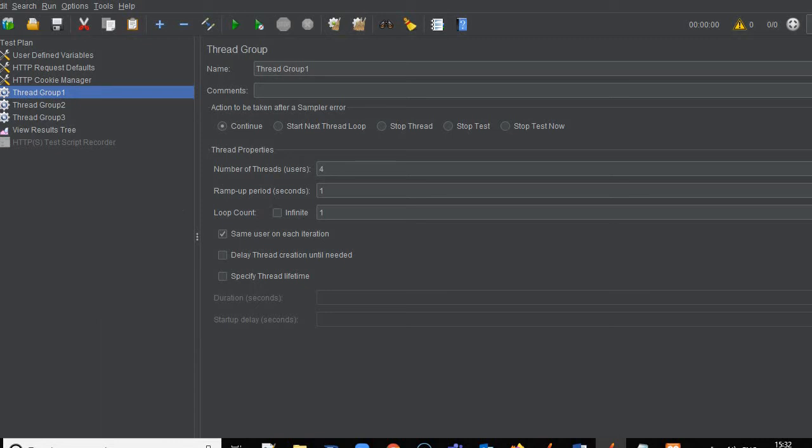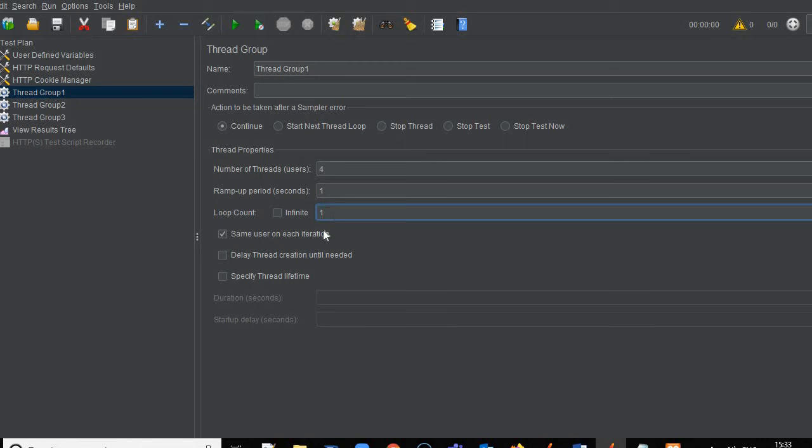In the thread group you can see there are multiple options. In today's session I'll give you just a brief overview. I'll not go into the detail of all the points because we have already discussed them in another video. We'll select Continue over here: if any error comes, it will continue to execute the other requests. This is the number of users. Ramp-up, if there is any ramp-up we want to define. Number of iterations: for now I have made it 1, but I'll show you how we can execute it for multiple iterations. We will learn that part as well in today's session.